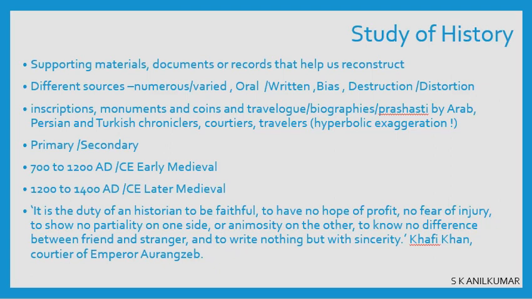So that is the problem with the chronicles. But at the same time, if you are looking at what travelers are writing, the travelers will write a little bit good about something if they get something from that king. But at the same time, they are going to different places and they will go away and they need not be afraid of this king. So they will talk more truth.